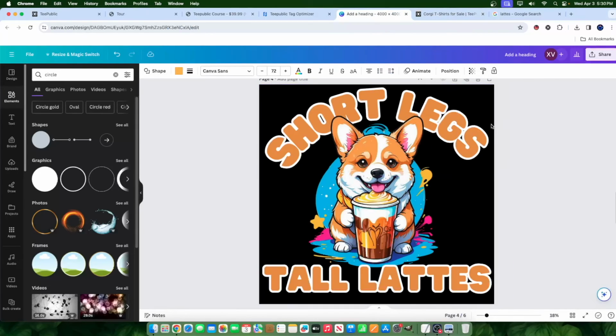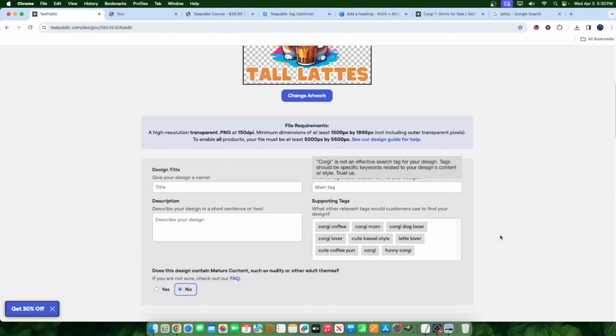And the creative is my actual design, which really only has two concepts here: a corgi that happens to be cute and a latte. That's it. Latte, coffee, whatever you want to call it, right? So I'm finding keywords that relate to that, and I don't push it past its limits. I don't try to just start injecting keywords, even though they might somewhat be related, because more is often less, and less is often more in a circumstance where I'm trying to puff it up, fill it up with nonsensical keywords that are not really